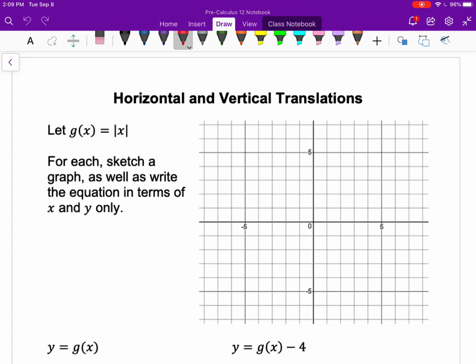All right, so this is the first formally new lesson in this course. The first chapter of this course is about transformations. And we've already looked at a lot of these things informally with quadratics, and the main idea is we're going to move away from just quadratics. But I want to start with the graph of what I'm calling g of x, which is the absolute value